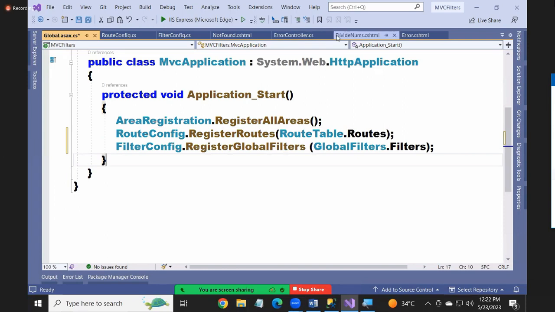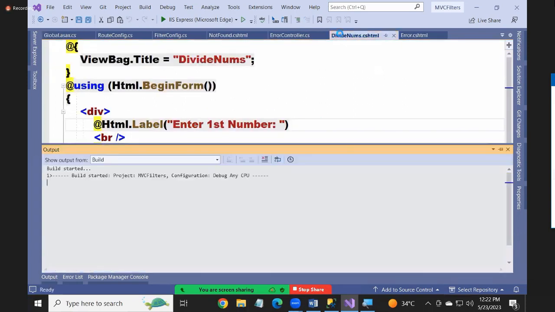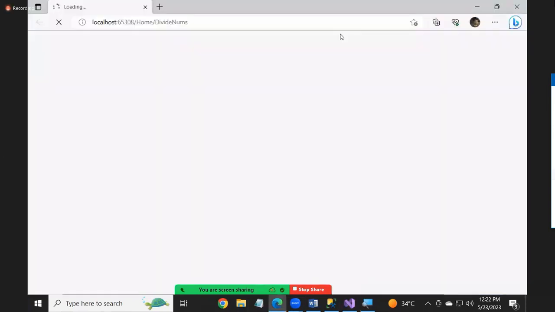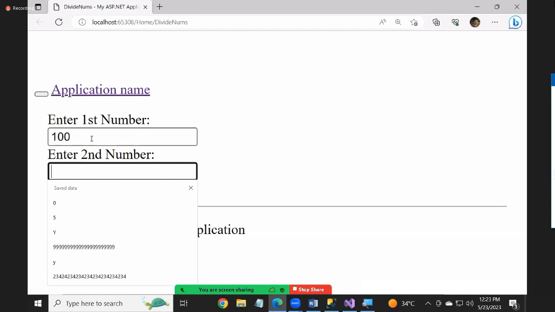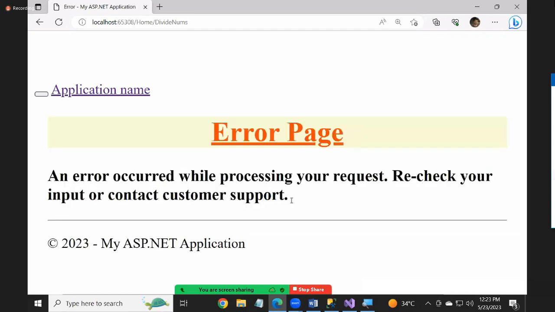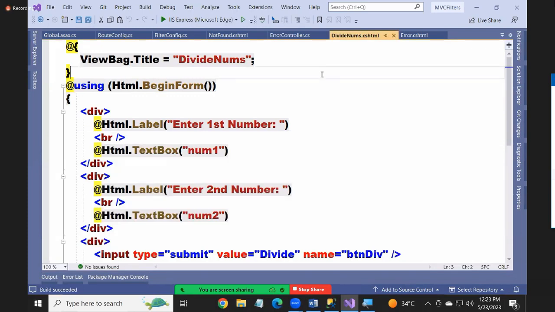Now again, you can run your code and see whether it is applying or not. I did not use it on top of the controller, and I did not use it on top of the action method either. In both places we don't have it, but errors are getting handled. Once you write it like this, your whole project handles the errors. This is the best, simplest option. Two steps only. First step, add a class